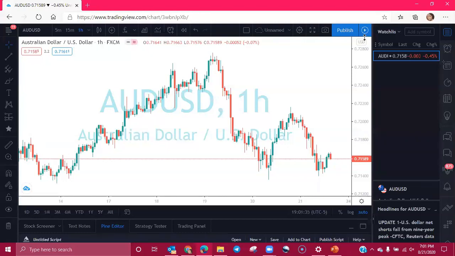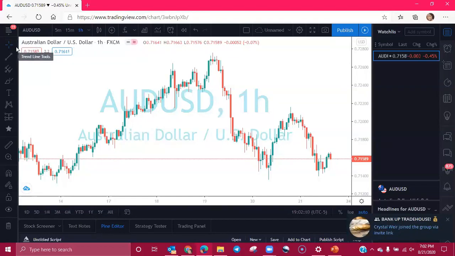Okay, great. All right, so we're gonna move over to the left side of the screen. This is where all your tools are at. These are where your lines, your trend lines, boxes, this is where everything is at. I'm only going to point out the important ones that you'll need as a new trader, okay? Because once you get advanced and you start doing other things, you'll find out where the rest of those tools are anyway. I don't want to confuse the issue, so I'm keeping this as basic as possible, okay?